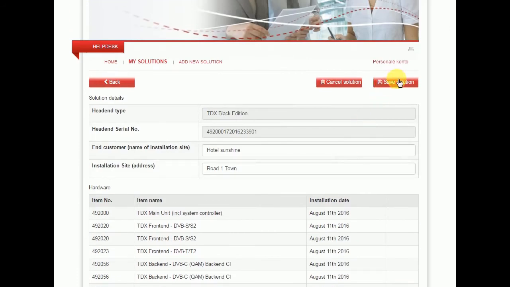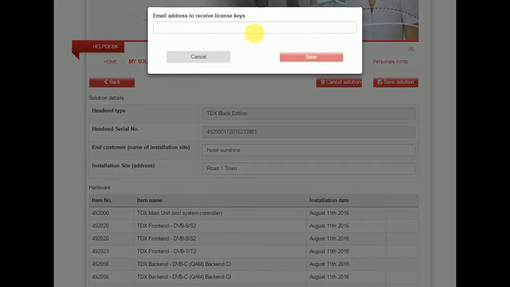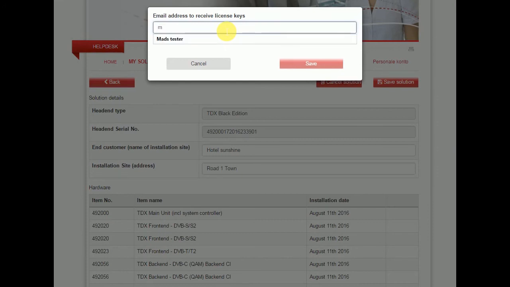Go up, save the solution, and now you're prompted again, asking to what email address you want to receive these license keys. This is very beneficial if you're in the field, so you can get it directly to the laptop or the PC or the iPad or whatever you're working on. So in this case I'll just add in my own normal email address at 3x.com